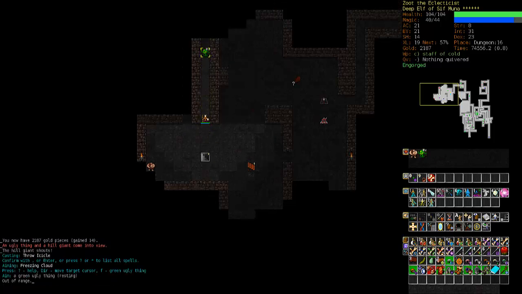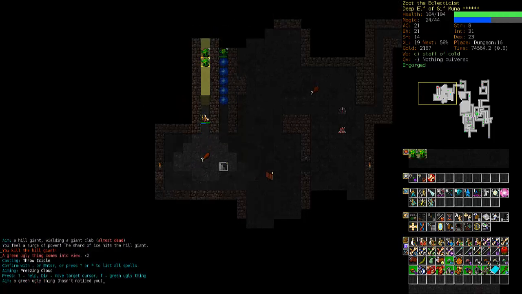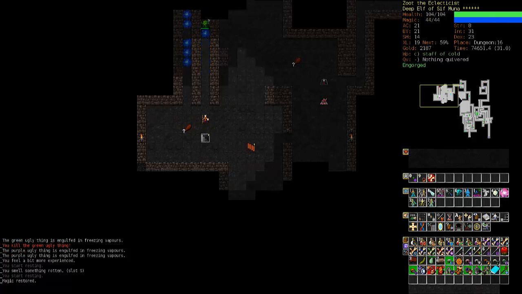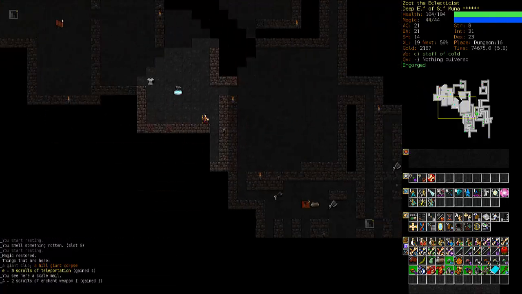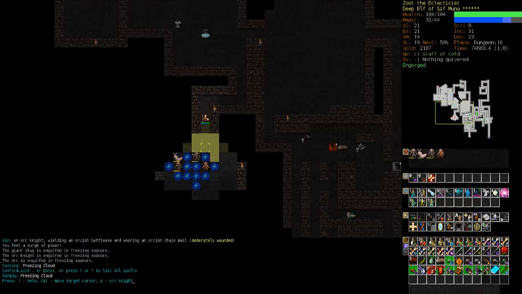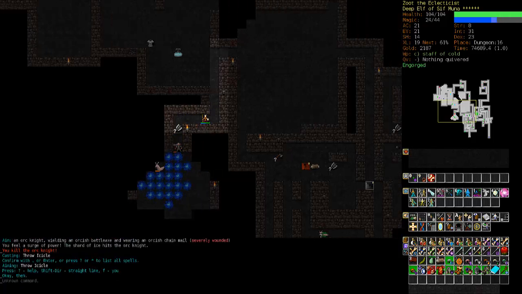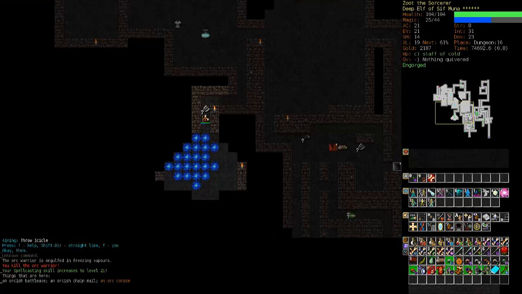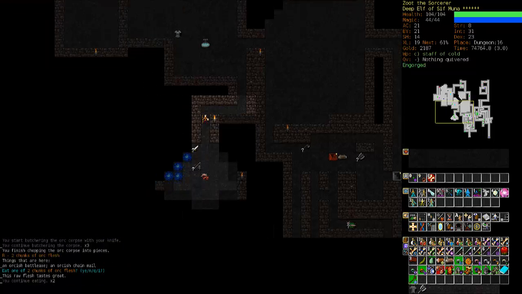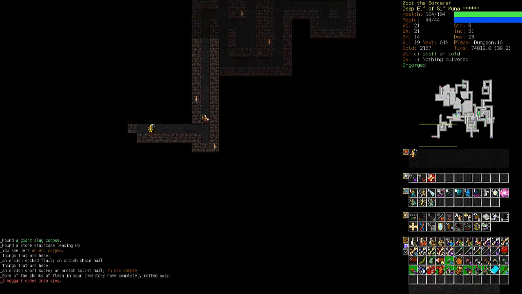Where there's one ugly thing, there's more. There's more of them. And they can die in my Freezing Cloud. So can the orcs. So that guy managed to survive, only to be killed by an icicle. That icicle spell is really good. It's really still viable right now. I'm surprised. And I don't know what percentage. Oh,